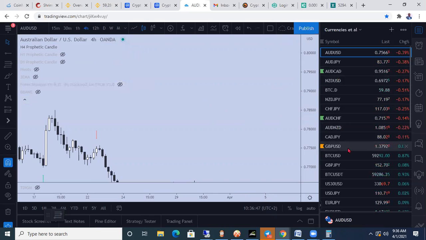So there are about 28 pairs or even more. How would you narrow down on what you want to trade? You don't want to chase every single pair. So how would you narrow down on what you want to trade? It's either you do a top-down analysis over the weekend and you have an idea. So let's say you go to the weekly time frame, you're looking for